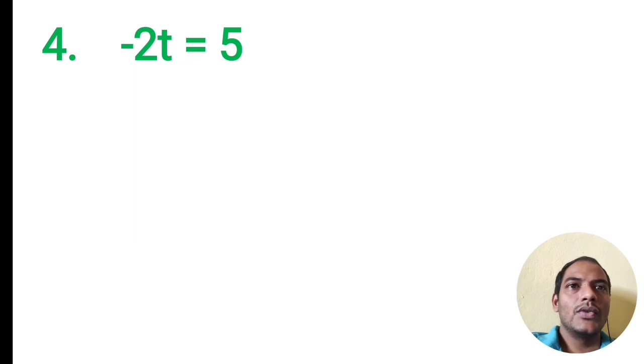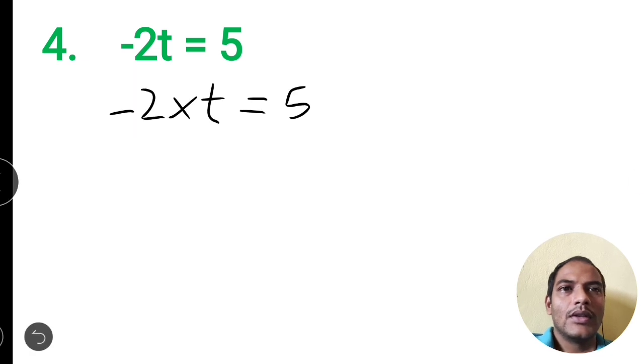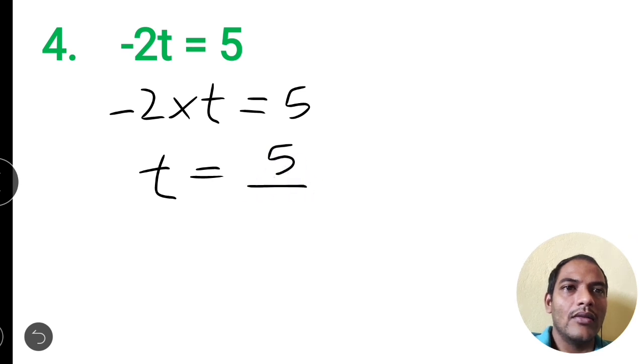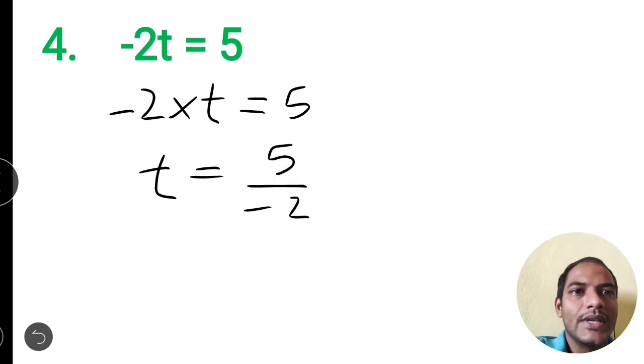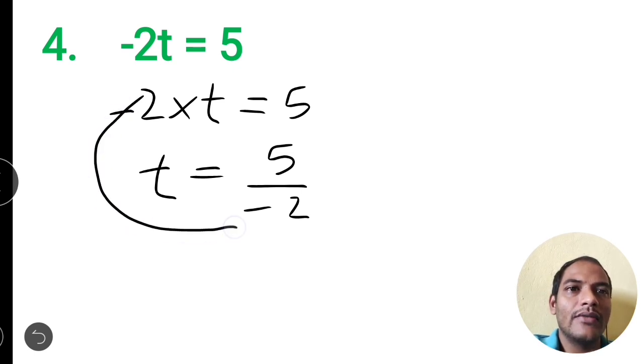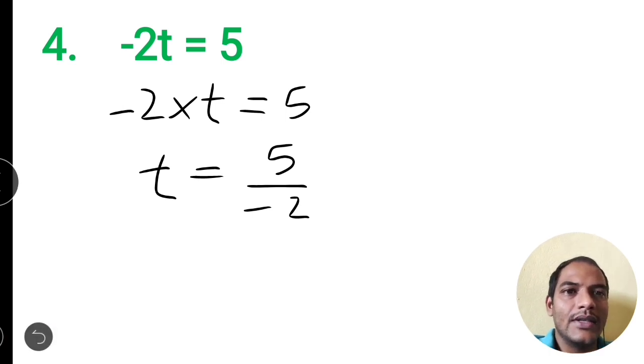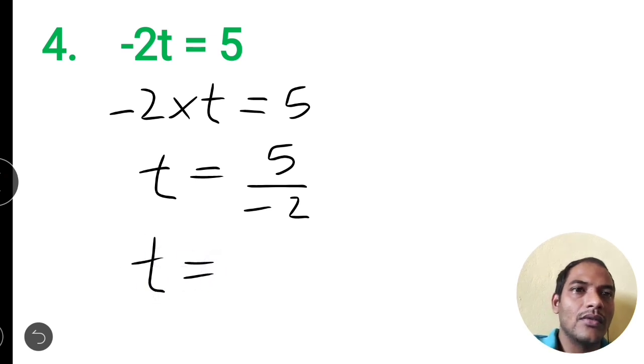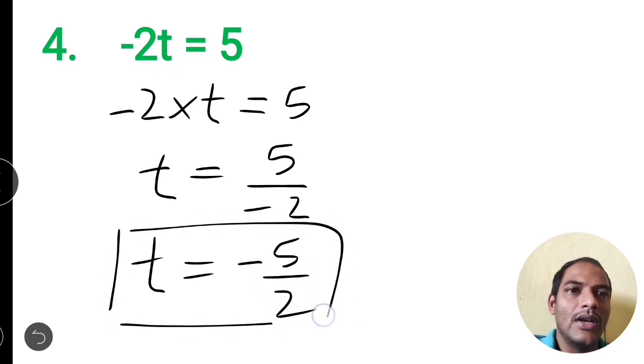Next question, minus 2t equals 5. So minus 2t is nothing but minus 2 into t, so t equals 5 divided by minus 2. See here, the symbol is not changing, minus 2 comes as it is, because minus 2 is multiplying with t. So when you transpose to the RHS side, it will go to the denominator place. So minus 2 will come as it is. Any cancellation? 5 and 2, no cancellation. So t equals, write the minus symbol in the numerator place, so minus 5 by 2. So the t value is minus 5 by 2.